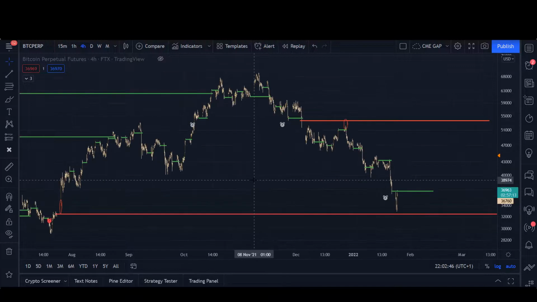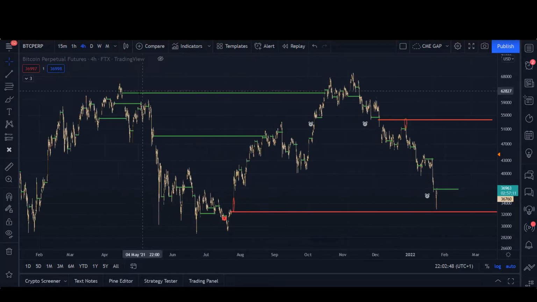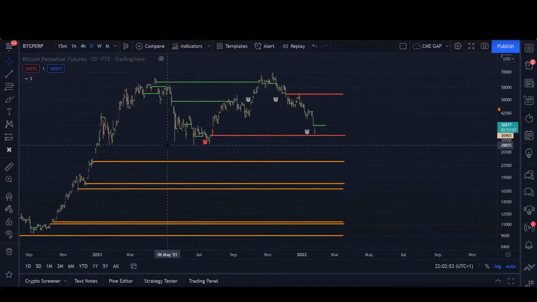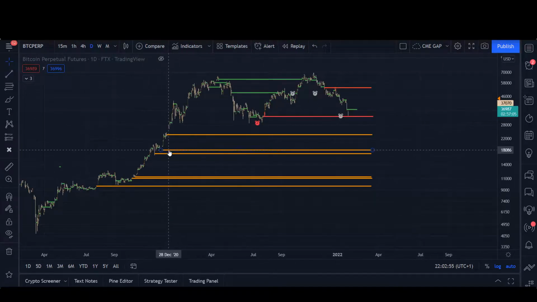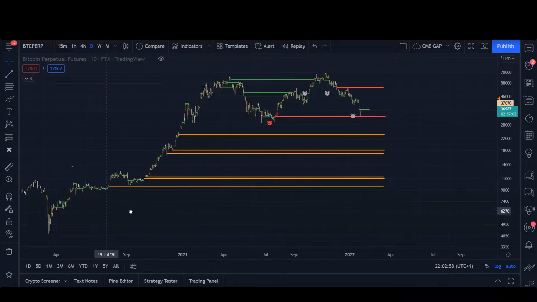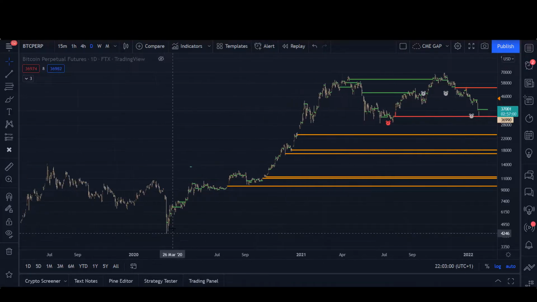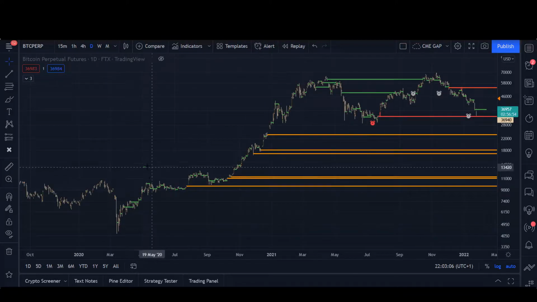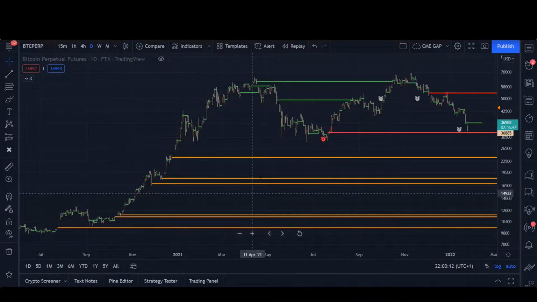So this is always a nice meme when it happens, but if you further zoom out, which I'm going to do now, you can see that there have been quite a few gaps made since the corona crash in March 2020. Since then I have been marking out the CME Gaps, and all have been filled except the orange lines below.